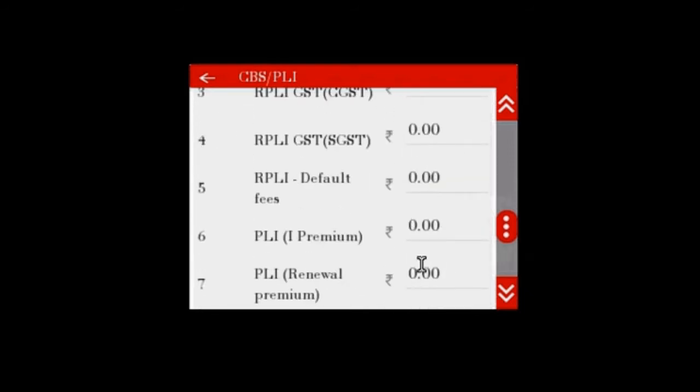We have done the PLI renewal premium, that will make entry. 1150.